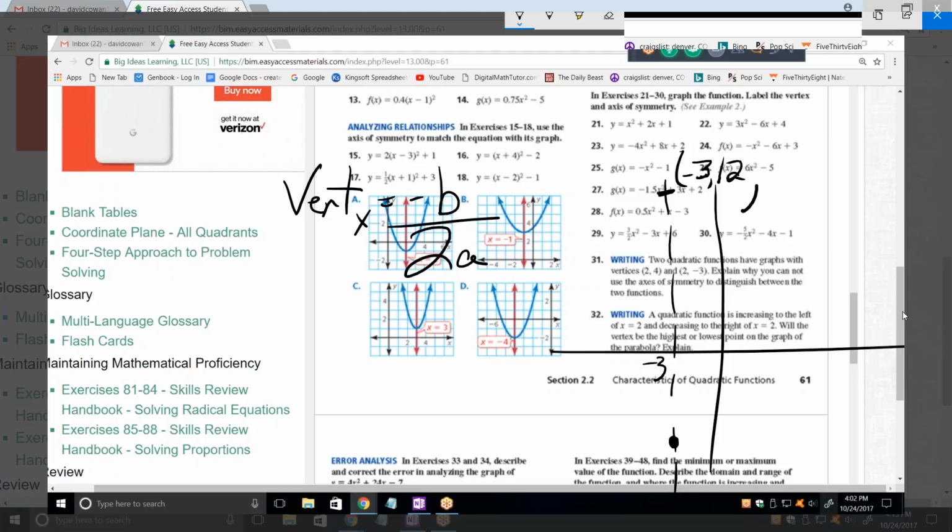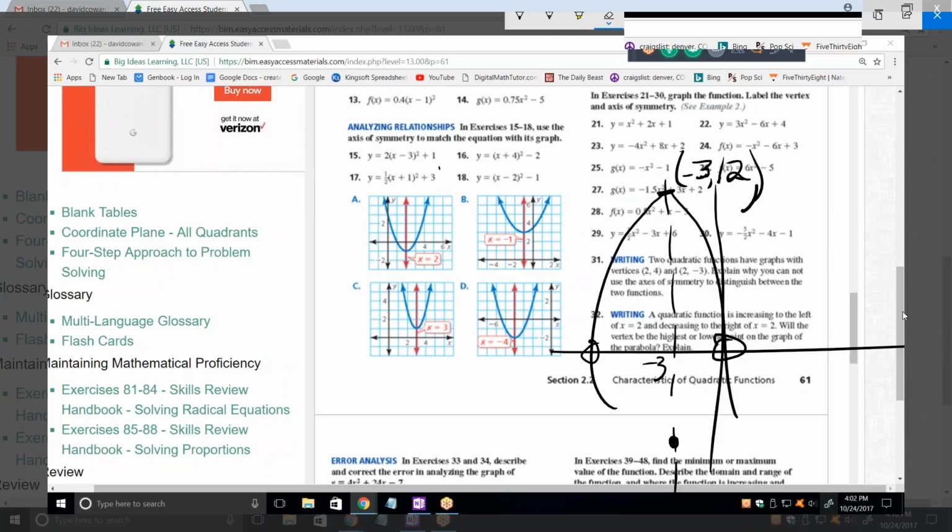-3, 12. That's right there. Now, tell me whether this opens up or down. Down. So it's a parabola like this. Right. Now, we have to find two other points. And there's actually two choices. We can solve for the x-intercepts, which means setting f of x equal to 0 and solving that quadratic, which is difficult. The easy thing to do,